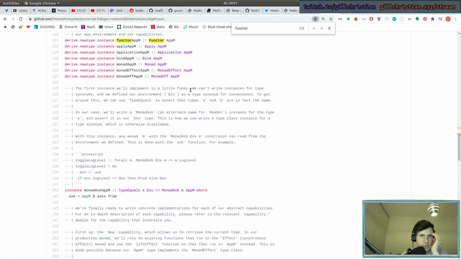Since I will implement this a little funky, we can write instances for type synonyms, and we have our environment as a type synonym for convenience. To get around this, we use TypeEquals to assert that types A and B are in fact the same. Okay. So an alternative to either. Basically, we write an instance for a type synonym, but